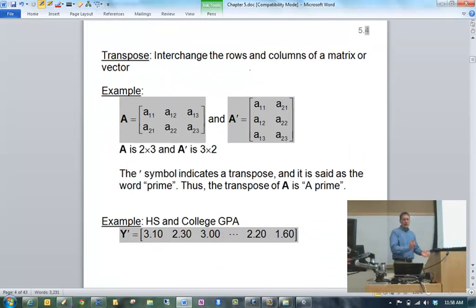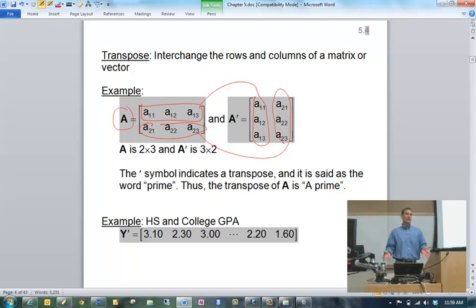It's often going to be useful to us to do what's called a transpose of a matrix, and that just means simply the rows become the columns and the columns become the rows. So for example, if I have this matrix A, if I take this row and now put it as a column of a new matrix, I'm basically transposing that row. If I take this particular row, make that the second column,